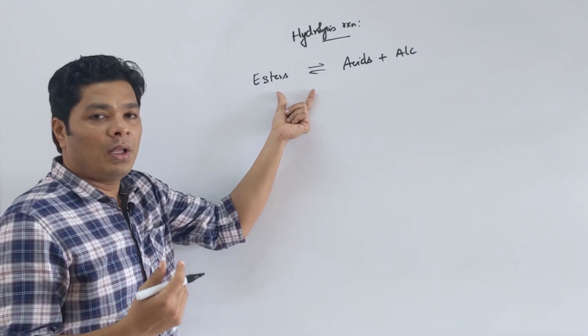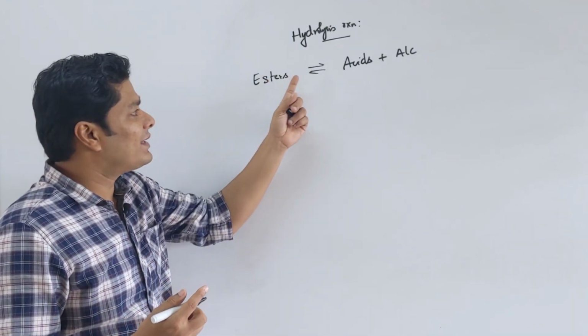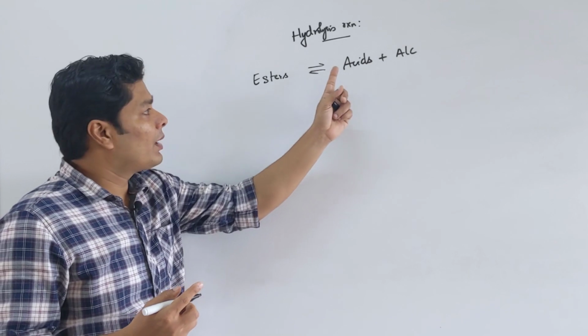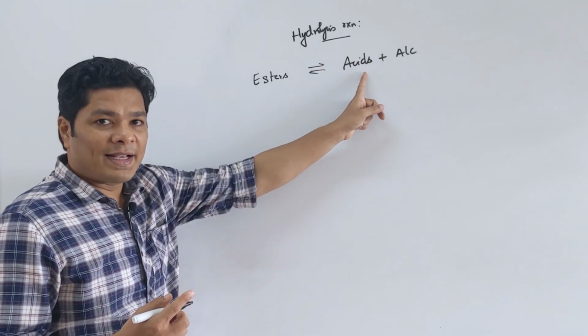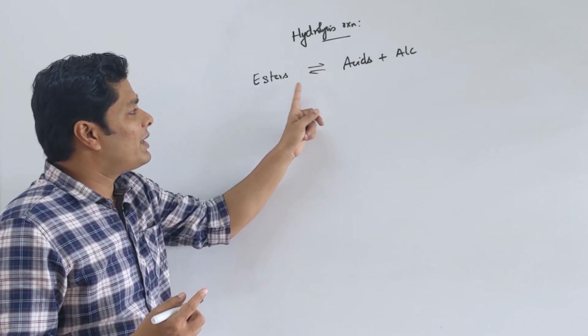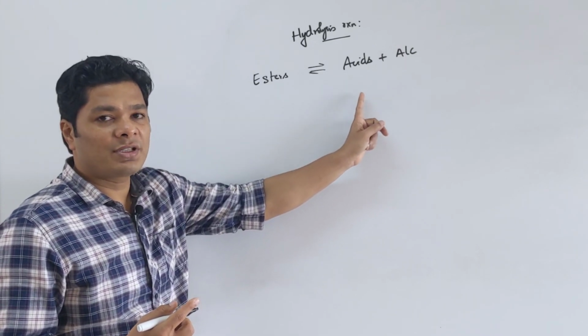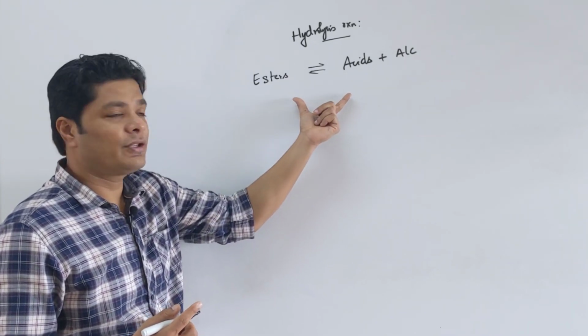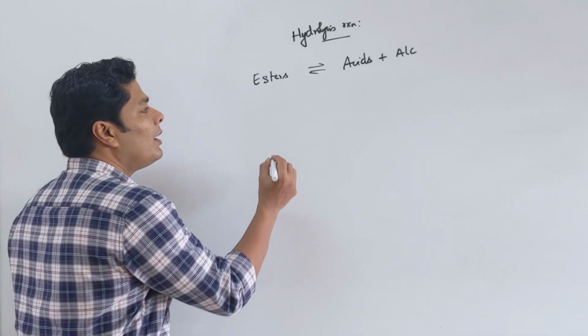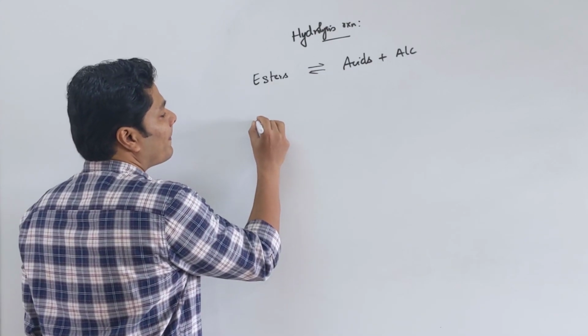We can do the same. What we want to remember is if it is catalyzed by an acid, you will get the carboxylic acid here. If it is catalyzed by a base, you will get the carboxylate ion here, RCOOH versus RCOO minus. But otherwise, this is too simple. The next we can do is